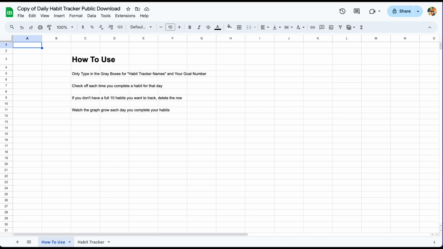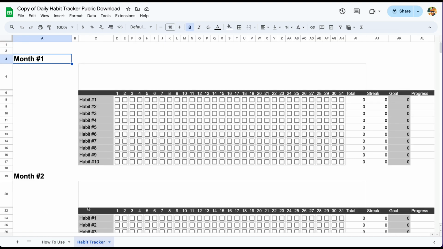So once you first download it, it'll ask you to make a copy, and this would be the first page you see, the how to use page, which we can skip right now since you're watching the video. But really, it's just making sure that you don't break any of the formulas on there, and we'll just jump right into it. So you'd want to change whatever the month is that you're starting this to January, and then